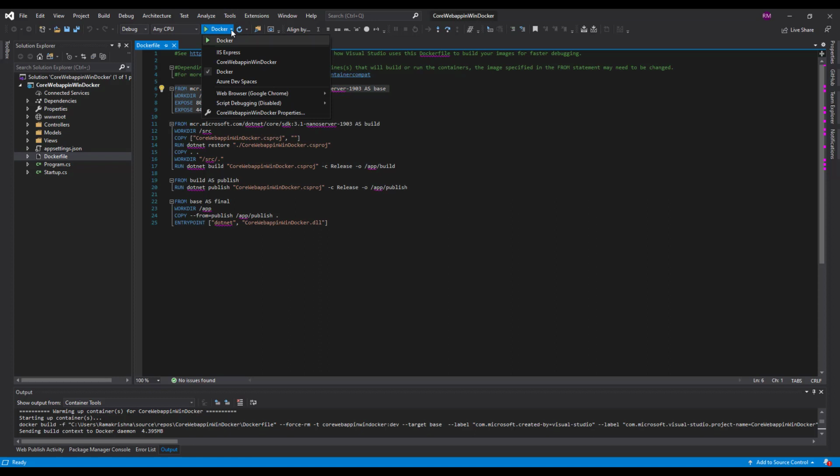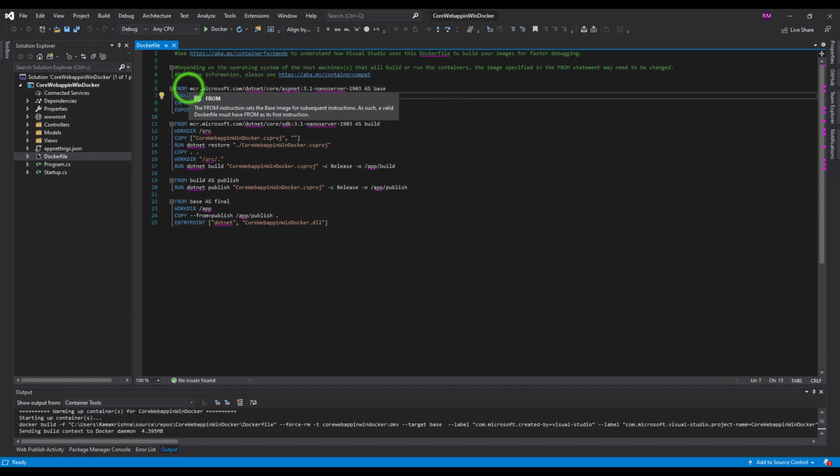The base image we are getting from Microsoft, and we are creating the working directory /app, and we are exposing port 80 for HTTP and 443 for HTTPS. So this layer is used by Visual Studio itself.